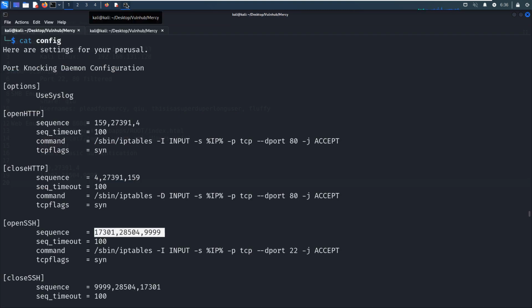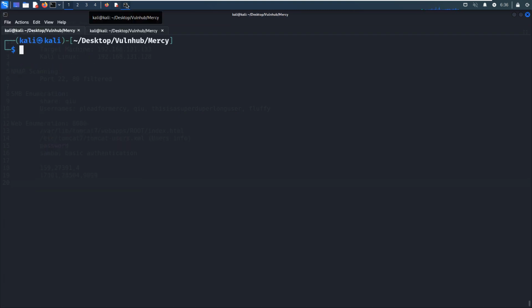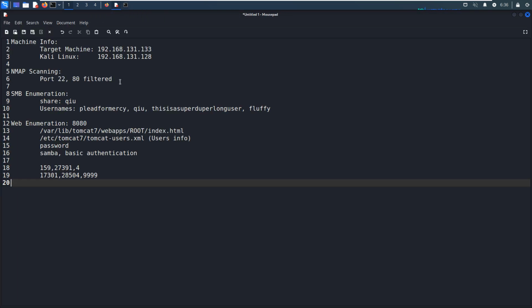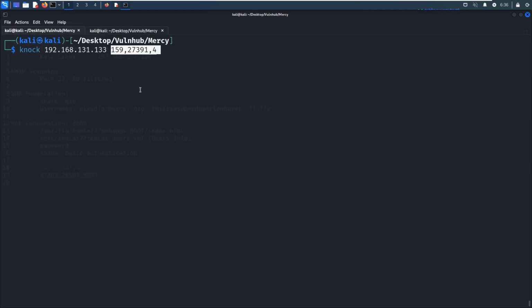You can use Nmap to do some port knocking, but another effective way would be knock. So knock, followed by the ports in specific order. Yeah, this one we can copy. Press enter.